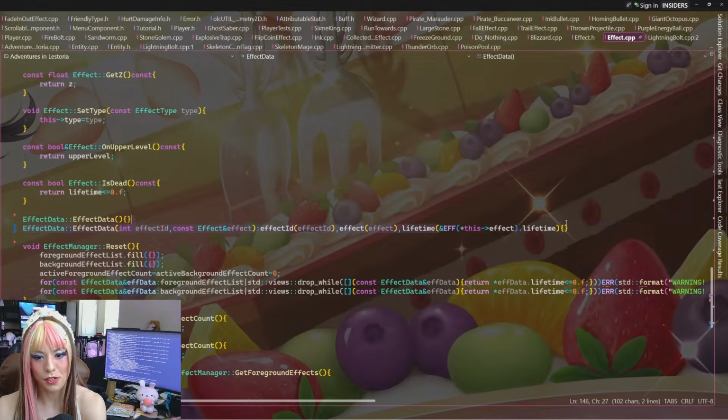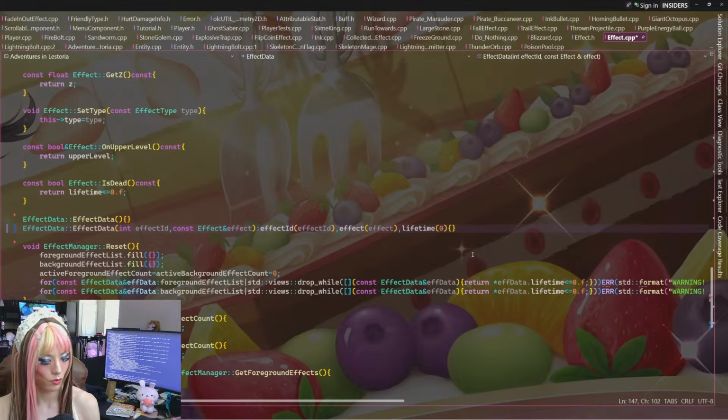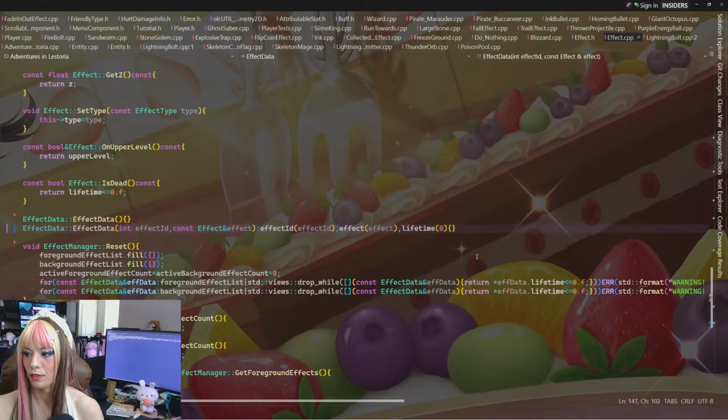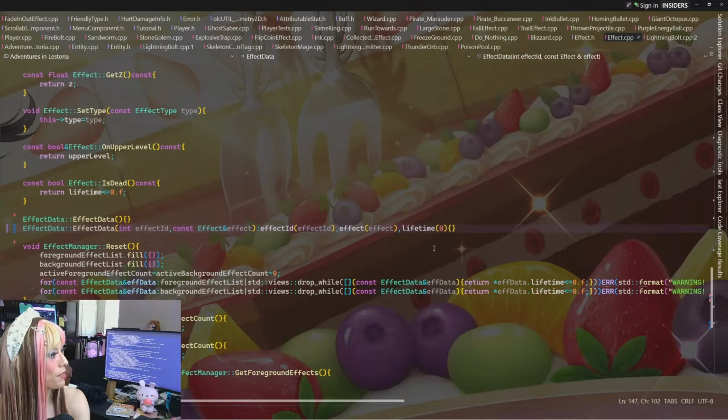What happens if I just put 0 here? I wonder what would happen. It's not the intent of it, but I want to see what else happens.